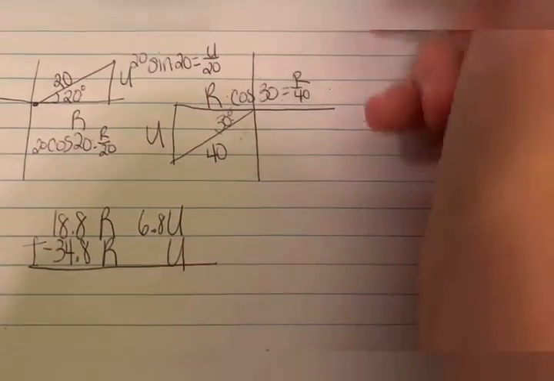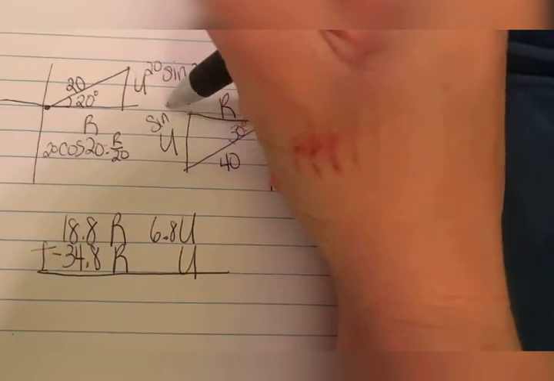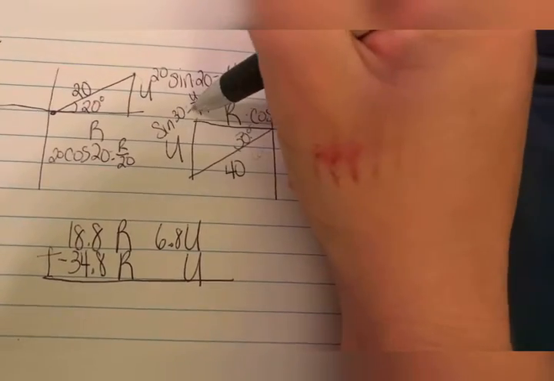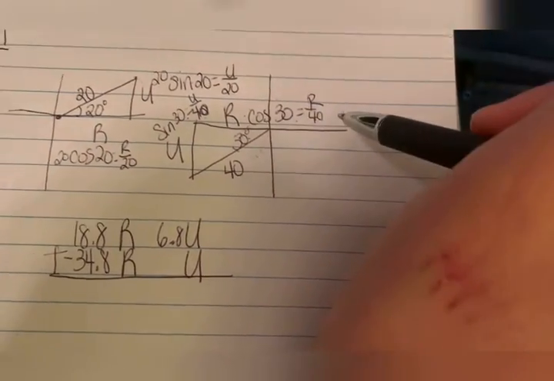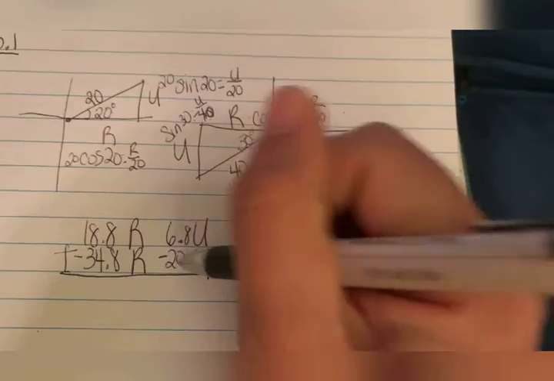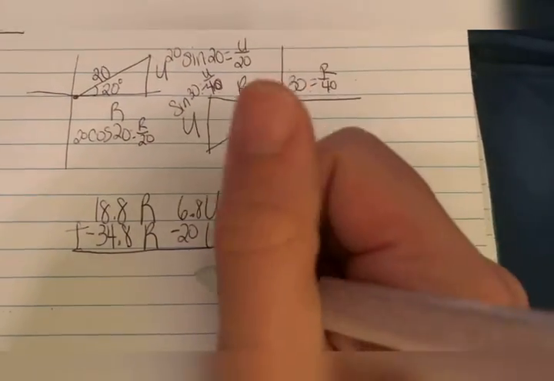The u is going to be sine, so we'll do sine 30 equals u over 40, opposite over hypotenuse. Okay, 40 times sine 30. Sine 30 is 0.5 times 40 is 20. That's going to be a negative 20 because it's going down. Okay, so 6.8 times minus 20 is going to give you a 13.2